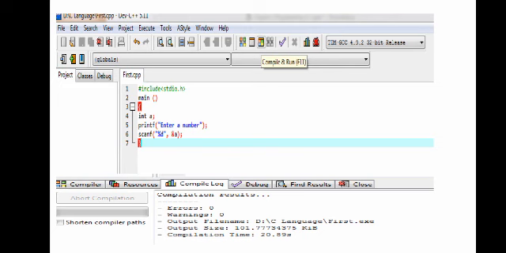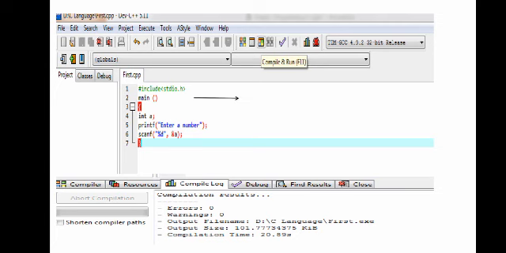In front there is code written: hash include stdio.h, main, then a curly bracket, then int a, where int stands for integer, and printf, and you have to write the printf statement in double quotes. That printf and scanf are the statements.